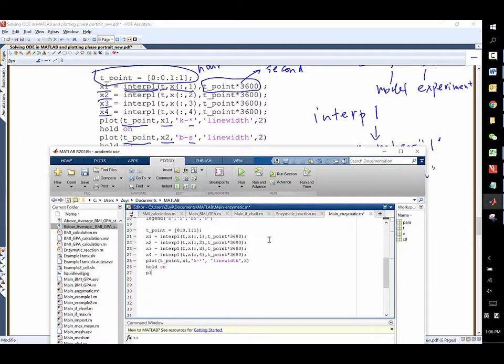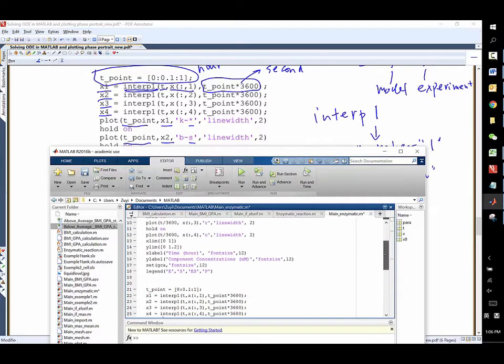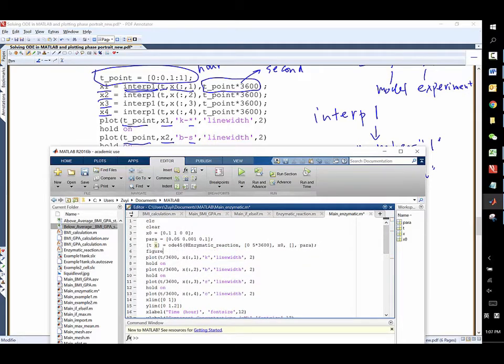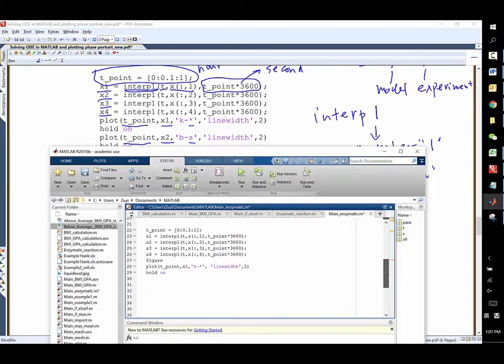And then you could plot the same thing. I could put a figure here, right? Put a figure here because I want to keep the first figure. So the first figure also put a figure here. It means that we open a new figure, and then we don't erase the original, previous figure, right? Okay, now we could plot for